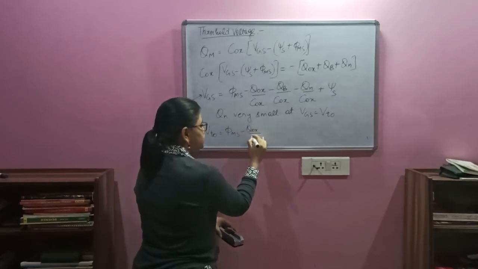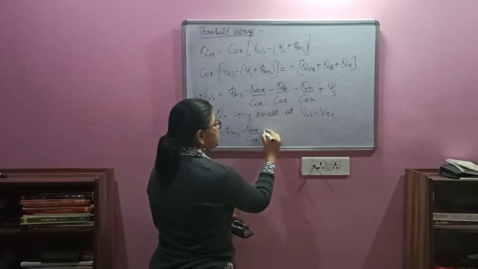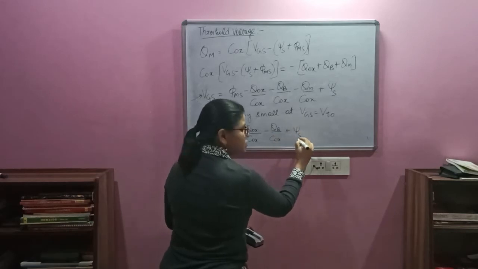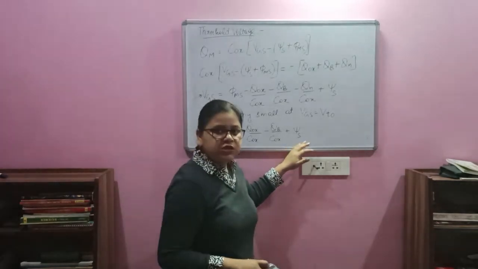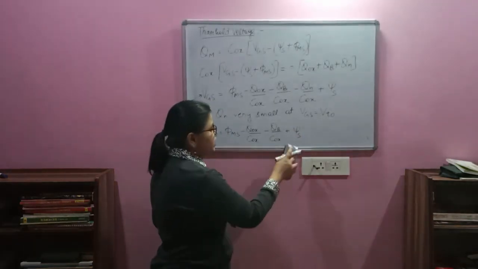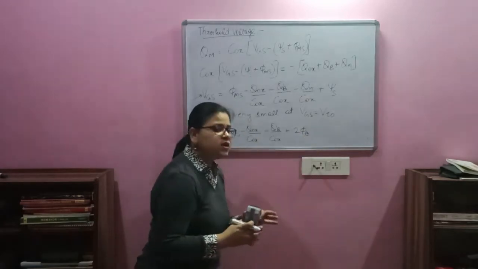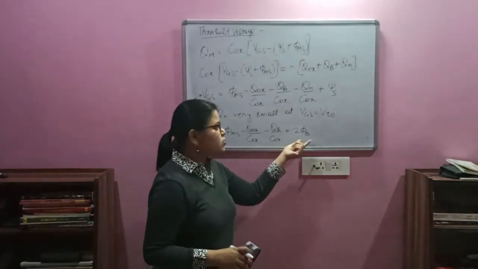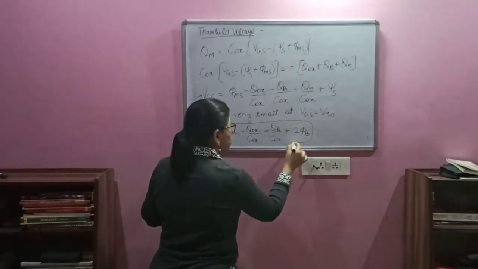is written as phi ms minus Q oxide upon C oxide minus QB upon C oxide plus psi s. And as we have seen in the inversion process, strong inversion occurs when psi s equals 2 phi B. So when we talk of a threshold voltage, which is the voltage from where conduction will start in the device, the psi s potential will be replaced by twice phi B. So this is a general equation of the threshold voltage.